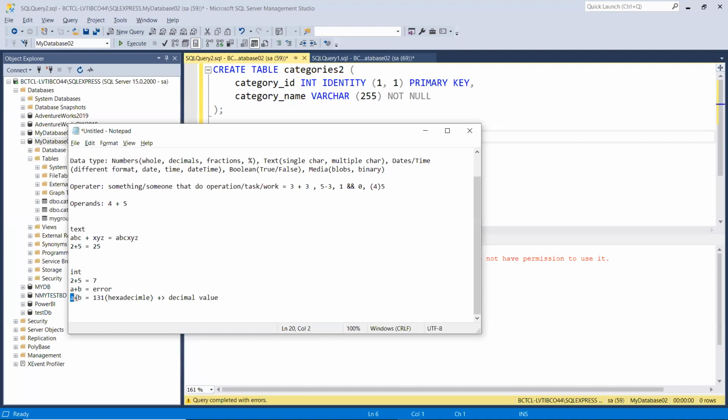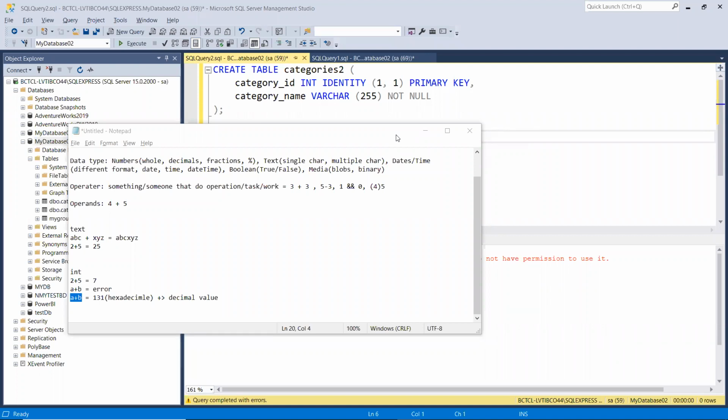It will give a different answer than expected, because as I said, a plus b should ideally give me ab, right? But since it is stored in a different format, the answer may be different. So that is what I'm saying, depending upon the operation, my end result will not depend only upon my operator, it will depend upon my operator and the data type of the operands.